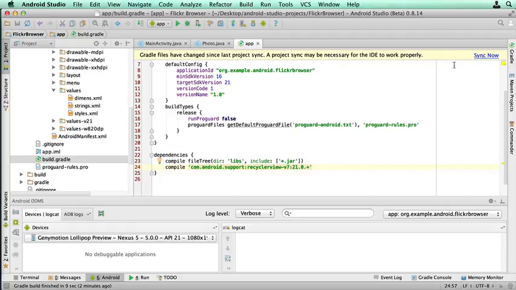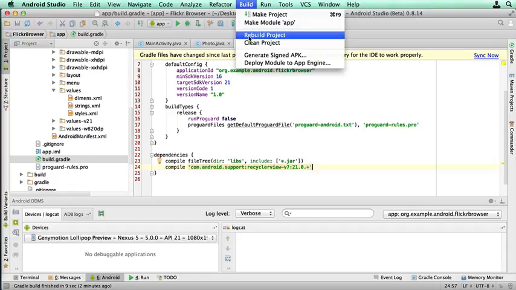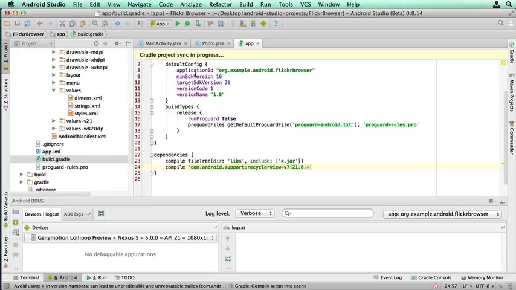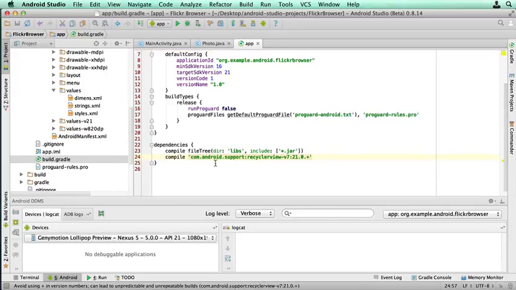And what will happen is Android Studio will automatically download those now that we've used that reference. Usually when you go into a Gradle script like this, you need to do a rebuild so that it resyncs. That shouldn't take long, and we would have got some errors if there was a problem, so that looks okay. Next thing we need to do is download the library we're going to be using,